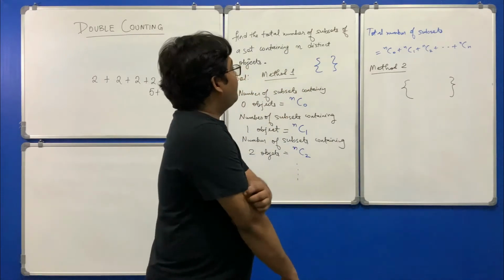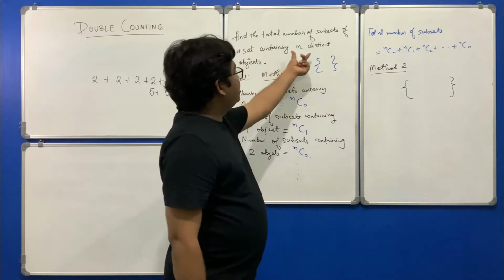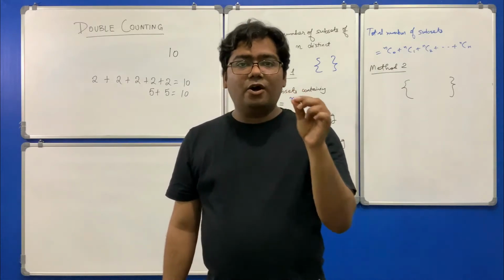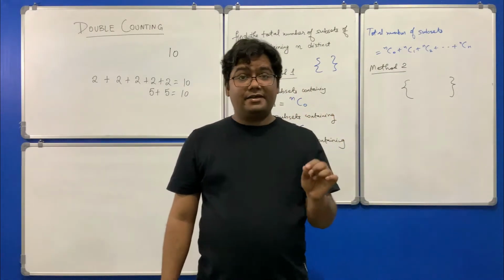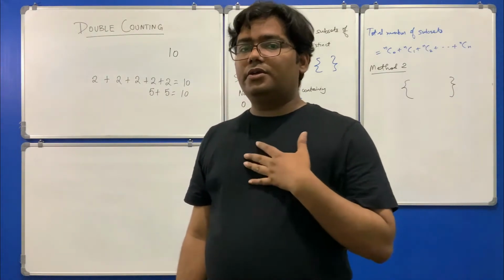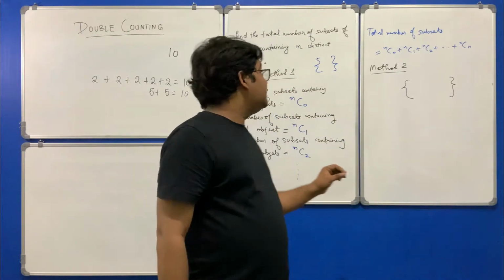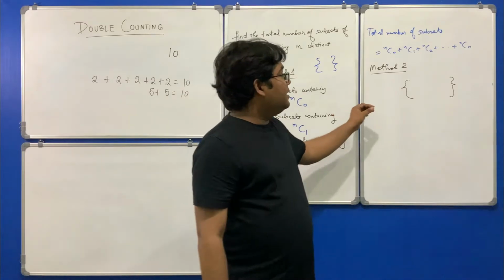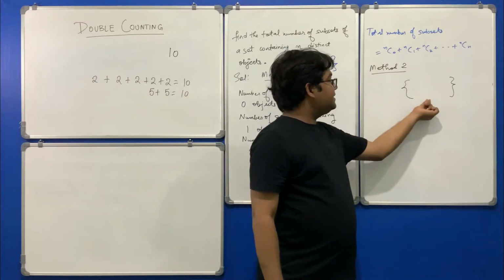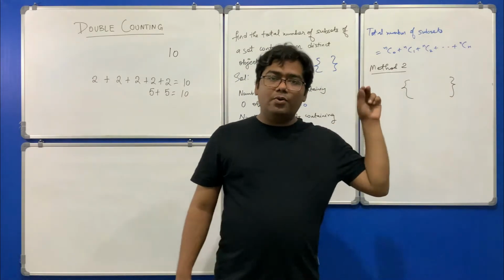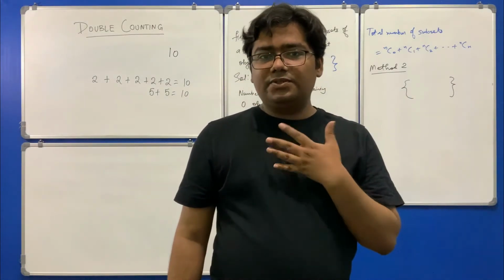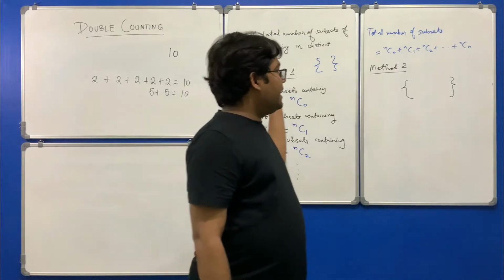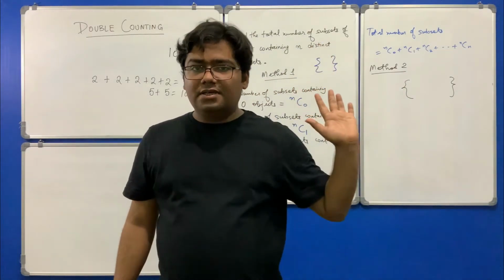Now, this set is containing n distinct objects. Now, every object in that set has two choices. Do you agree with me? Any object in this set has two choices: either that object be in this set or not be in this set. Like it can go in this set or not go. Suppose this set contains A1, A2, A3, and A1 can be here or not be here. It has two choices, right?